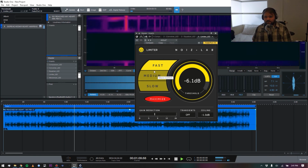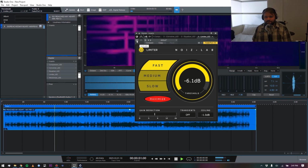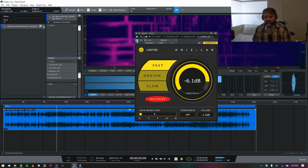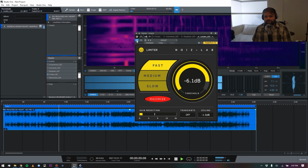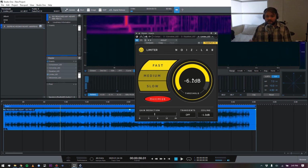Here's without. Never look the same at that And with. color green. You may be So you can hear it's really making the mix feel quite a bit louder and